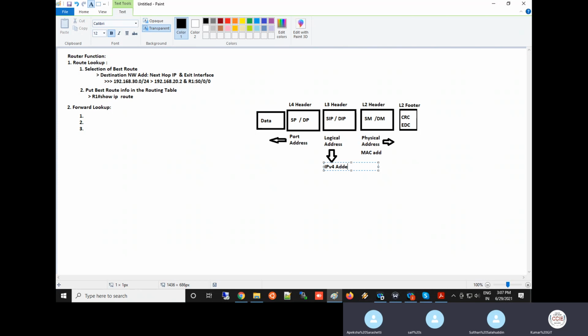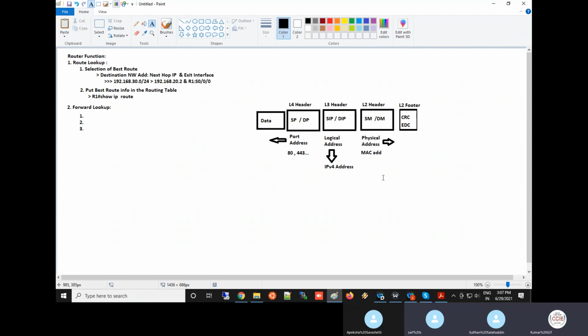Port address like 80, 443, these are port numbers. Now, give me one purpose, one use of physical address. Tell me where we use this physical address.